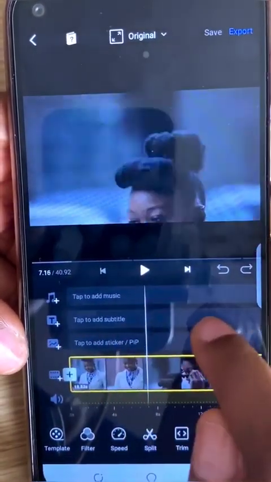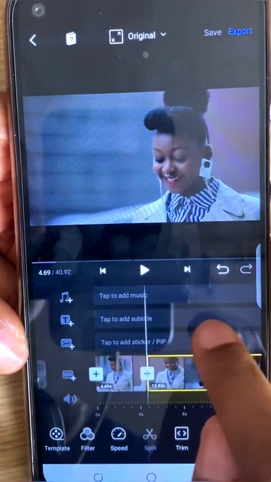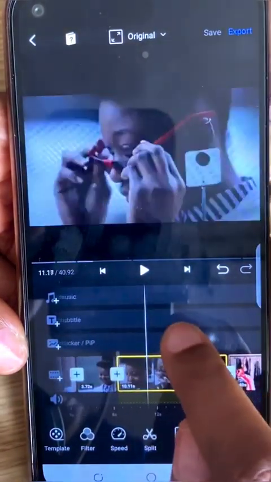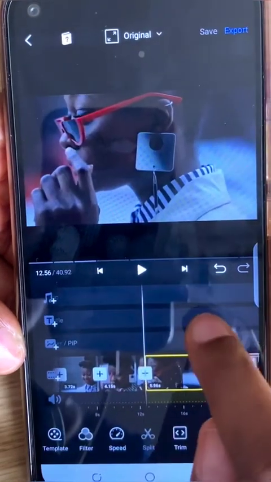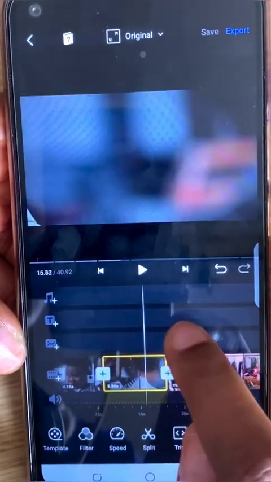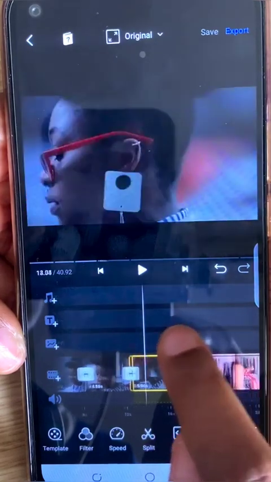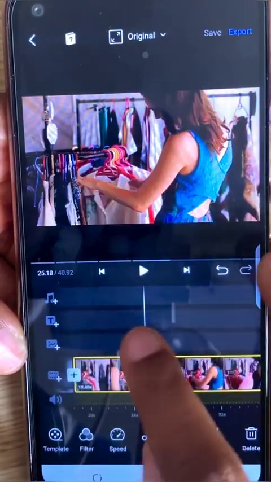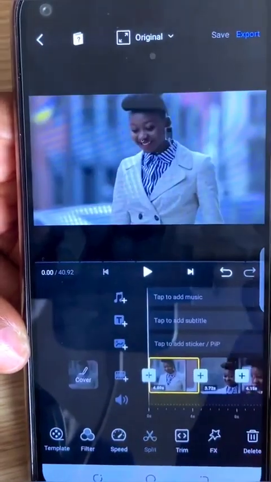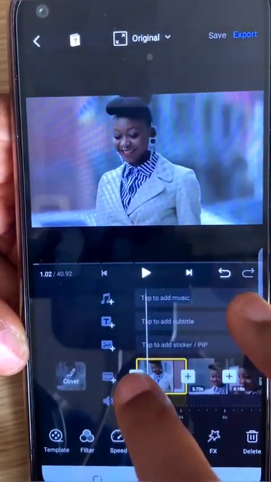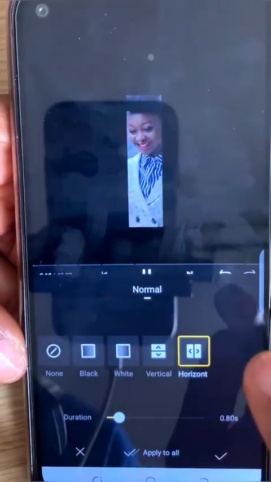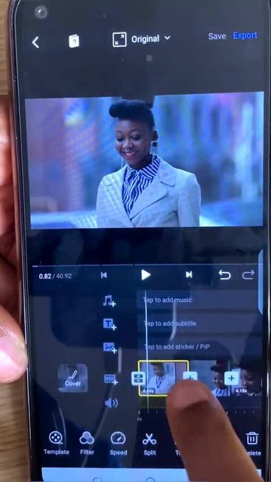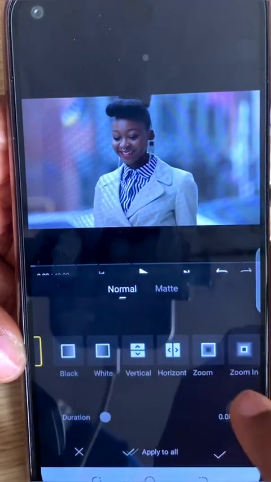So I'm going to split them so that I can give it the effect that I want. Yes, so I'm just going to split this one. Okay, there's no need to split this one. Okay, so I'm going to add the beginning transition to this vertical, and I'm going to add this transition for this to